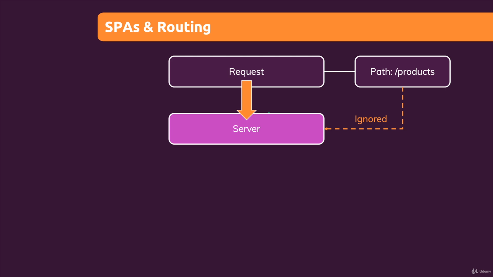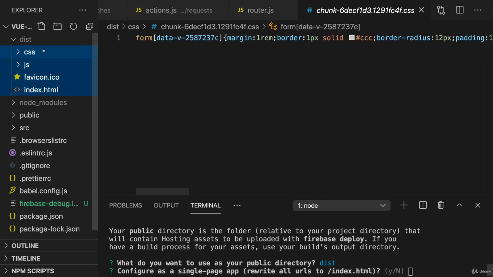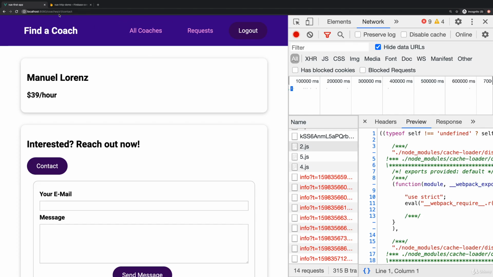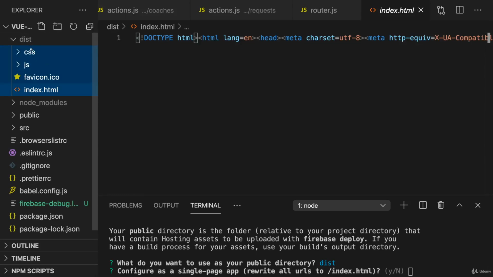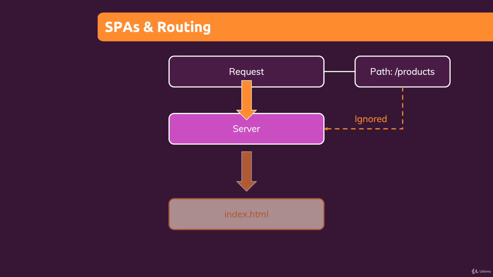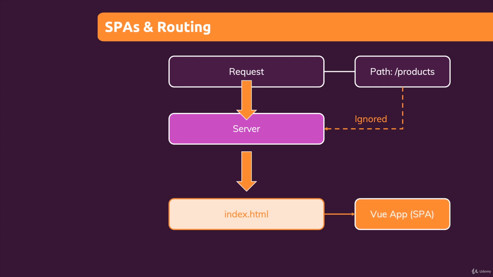And for our app, that would fail, because for our app, the folder structure we deploy is this. We have just one HTML file. In our app, for example, we have a /coaches route, but we have no coaches folder here inside of dist, which is the content that will end up on a server though. That's why we need to tell the server to ignore the path and instead always return the index.html file, which